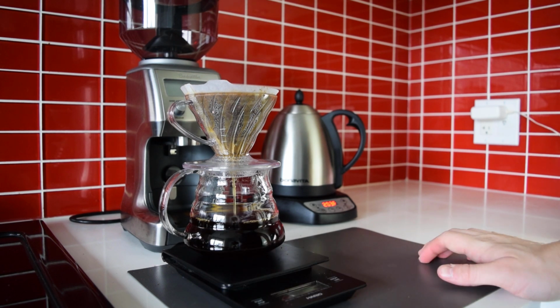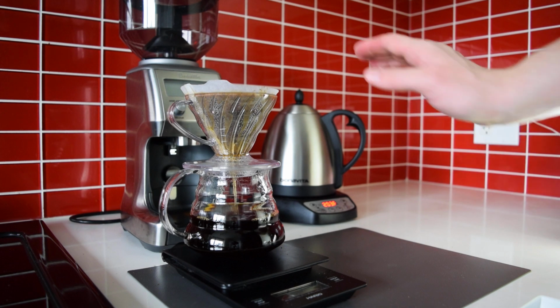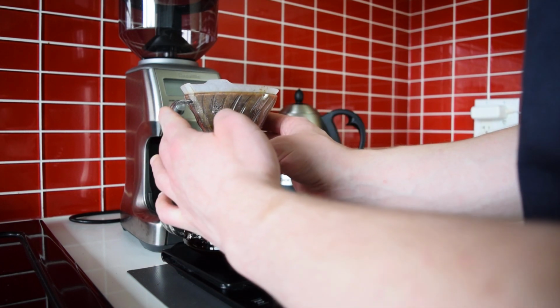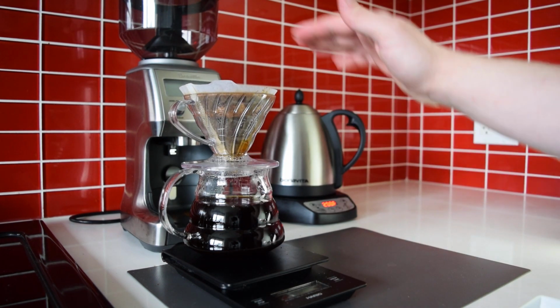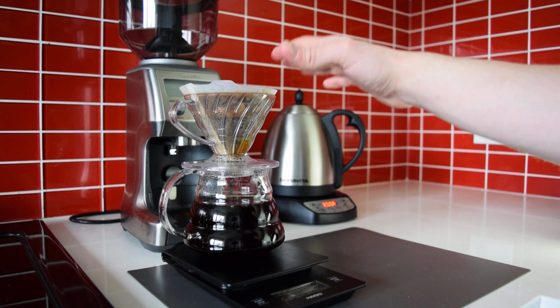Now begins the drawdown phase. This phase is, as its name implies, a drawdown of the rest of the water. The one thing you want to do here, though, is add a little bit of a spin. The spin does a very good job of leveling out your coffee bed so that the drawdown happens very evenly